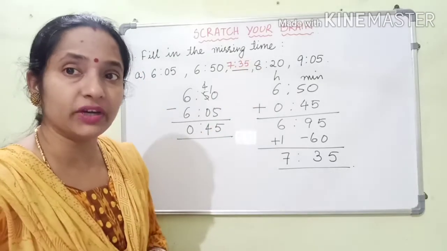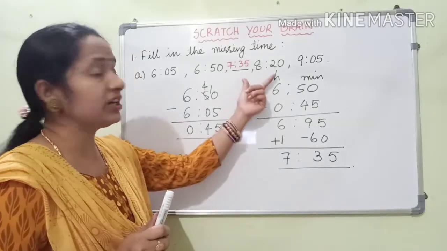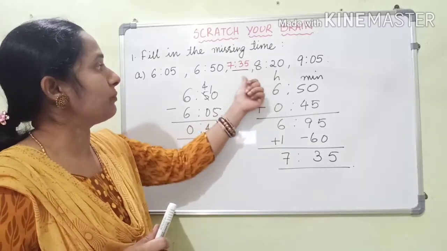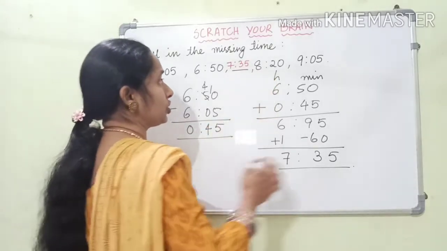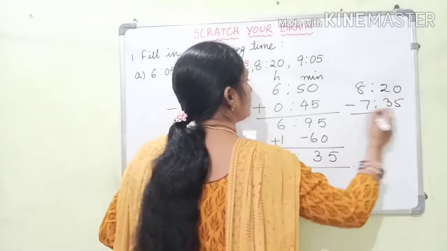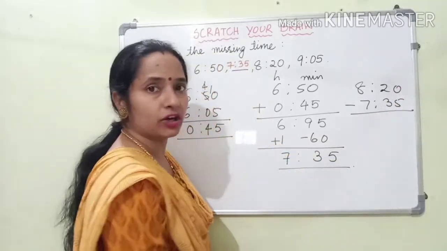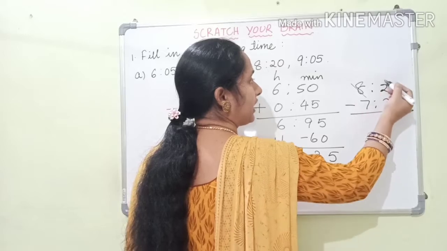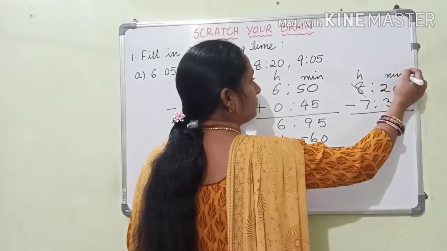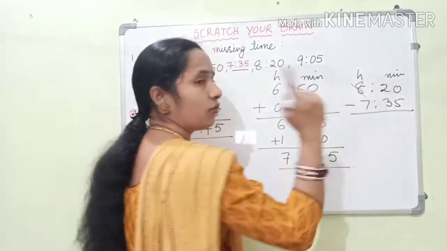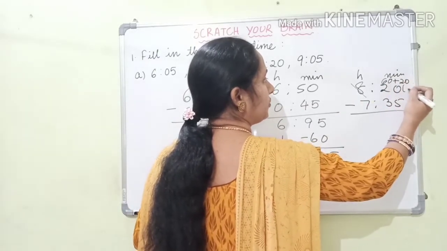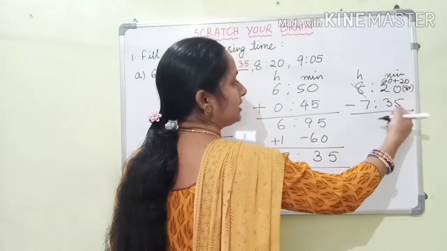Now in order to confirm whether the difference between every time in this series is 45 minutes or not, you can even check. Let us subtract these two and check whether the difference is 45 minutes or not. Take 8 hours 20 minutes minus 7 hours 35 minutes. Here you see 20 minus 35 we cannot do. So we will borrow 1 hour, and it is in minutes. Now if I borrow 1 hour, then 1 hour is equivalent to 60 minutes. 60 plus this 20 minutes, overall you will get how much? 80 minutes. Now 80 minus 35.